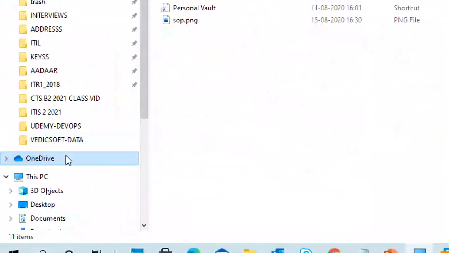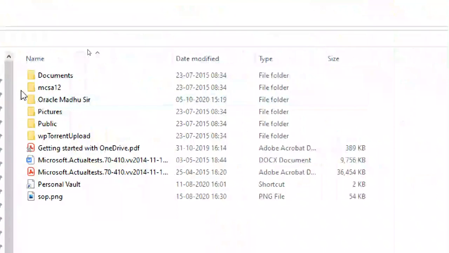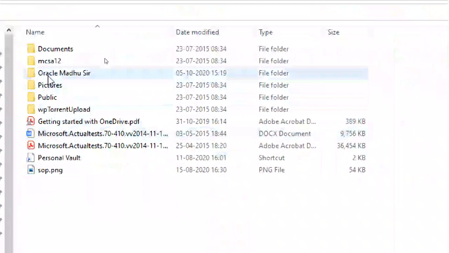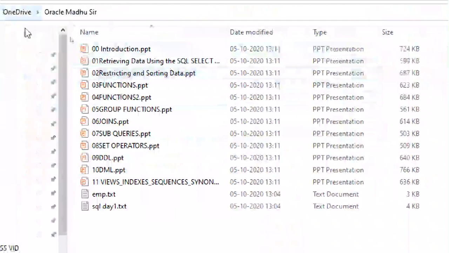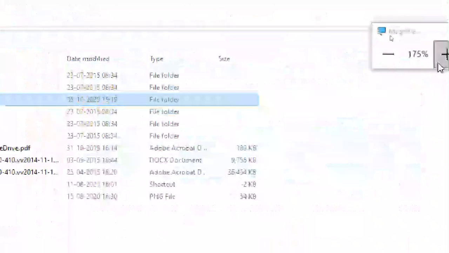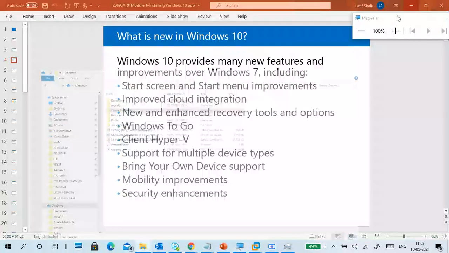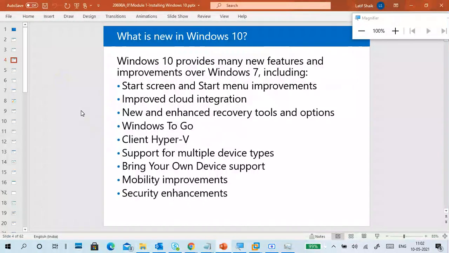If you keep the data in OneDrive, the data shows in your PC and you can access it from anywhere. For example, Sir shared some Oracle-related PPTs here. Now I can access this OneDrive from my mobile phone, my laptop, or directly with a web browser.